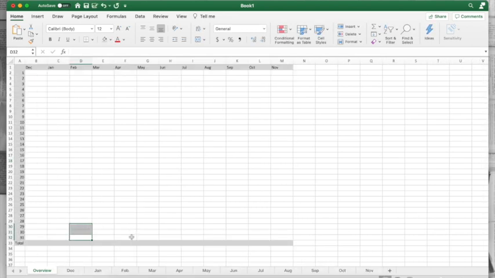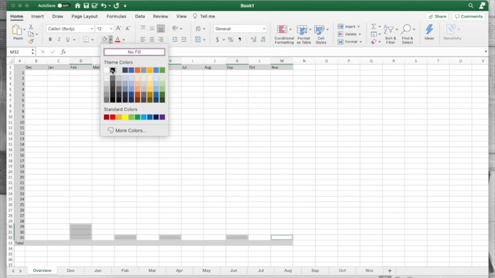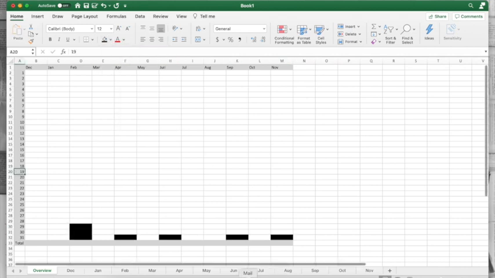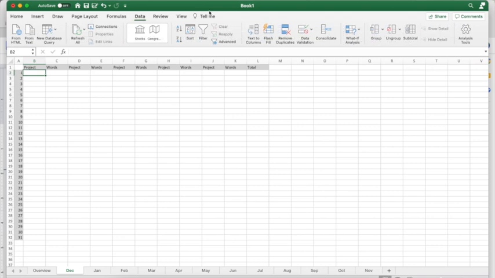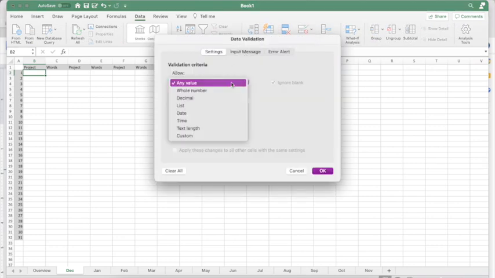Back in the overview sheet, I black out all the days for the months that do not exist, so 29th, 30th, and 31st for February, and then the 31st for other months. I format each monthly sheet, and then I click the first cell under Project, and I go to Data and